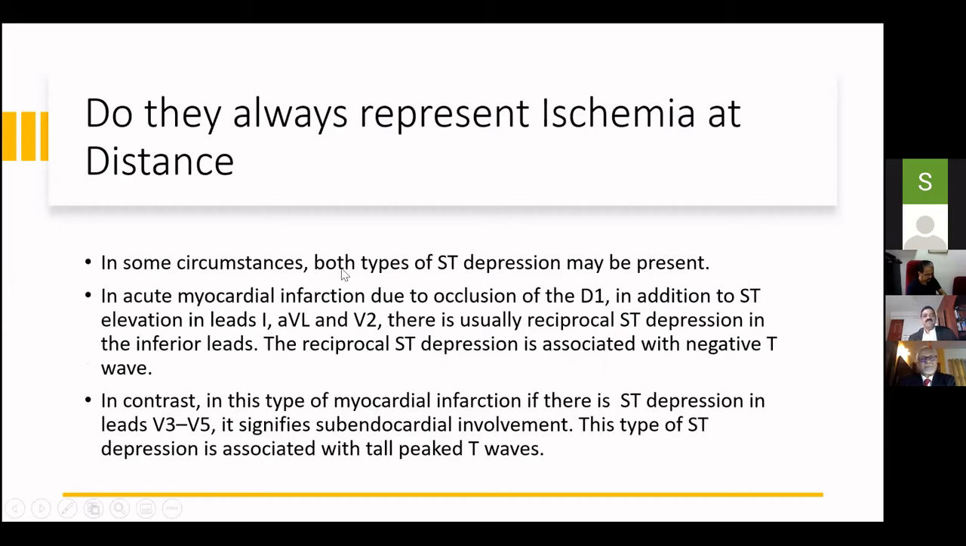So in some circumstances, both types of ST depression may be present. In acute myocardial infarction due to the acute D1, for example, the reciprocal ST depression is associated with the negative T waves. In contrast, if there is a ST depression in V3 to V5, it signifies the subendocardial type. This type of ST depression is associated with the tall T waves. Sorry, I missed that representation there. So next,